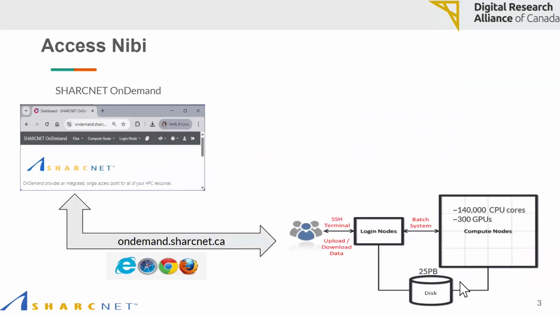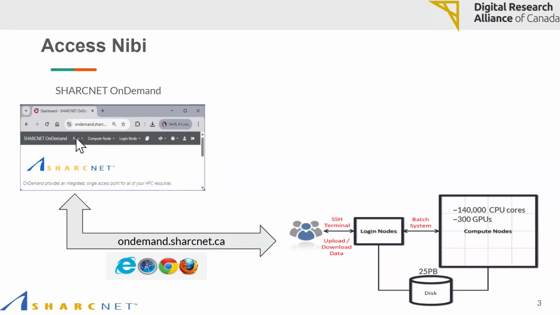So here is more information about accessing Nibi. Nibi provides around 140,000 CPU cores and about 300 GPUs, including NVIDIA H100 GPUs and AMD MI300A GPUs. So very powerful resources and 25 petabytes of storage in total. After you log into the Sharcnet OnDemand dashboard, ondemand.sharcnet.ca,